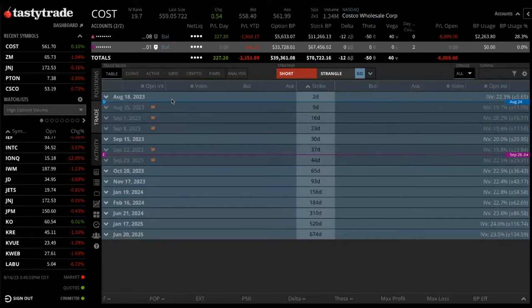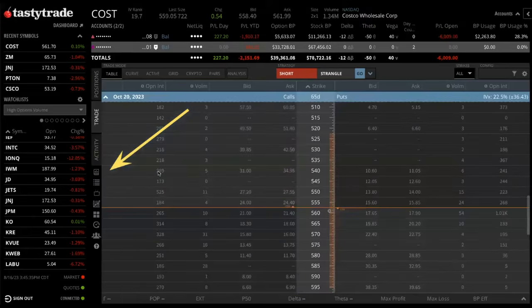In the case here of setting up a trade, let's look at maybe, I was looking at Zoom earlier, but Costco actually looks kind of exciting as of recent. So maybe let's look to place a trade on the October 20th, 65 days out expiration. We can open up the options chain for this expiration simply by clicking on any place on this row, or you kind of see how this arrow here on the left side of the screen is indicating a drop down. As long as you just click on this row, you're going to see all of the applicable strikes